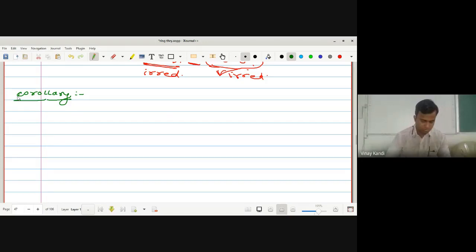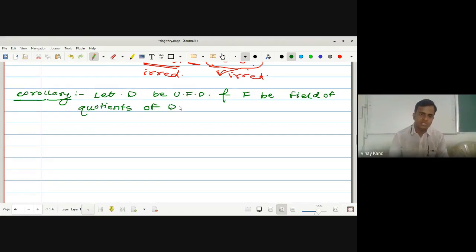Let capital D be a unique factorization domain, and capital F be the field of quotients of D. Let small f of x, that polynomial that belongs to capital D of x, be a non-constant, okay, the degree of that polynomial greater than 0, non-constant. Then